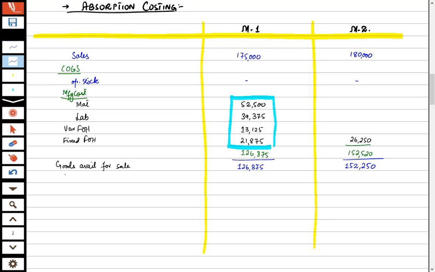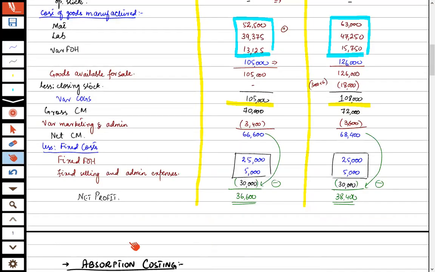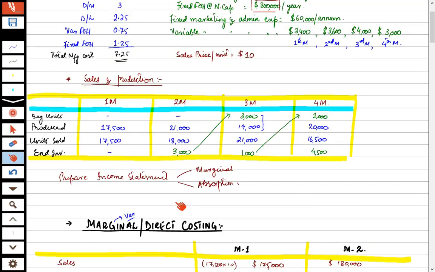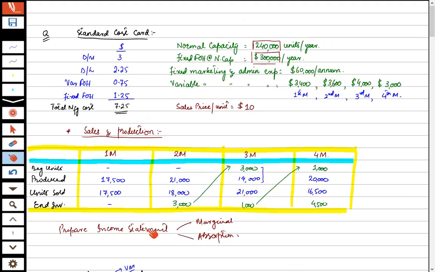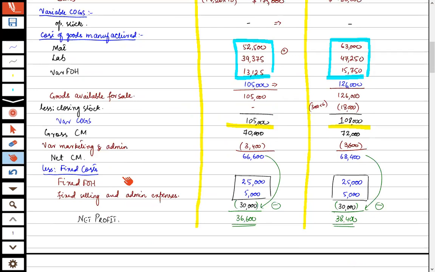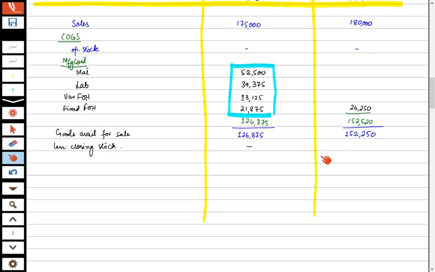Now, less closing stock. We haven't any in the first month, but in the second month we have 3,000. Now this 3,000 will be multiplied by 7.25, that is full costing. So its value would be 21,750. Now this would be cost of goods sold,